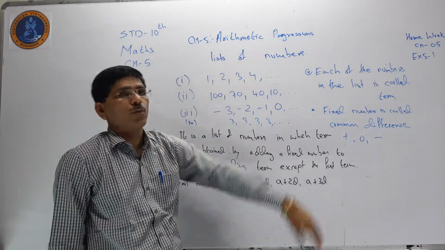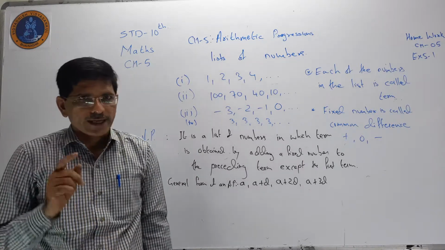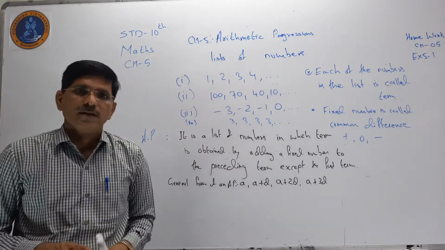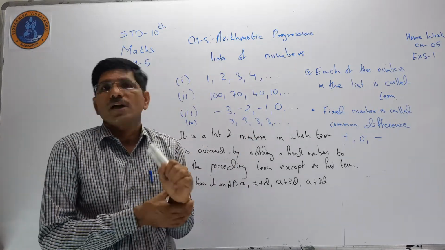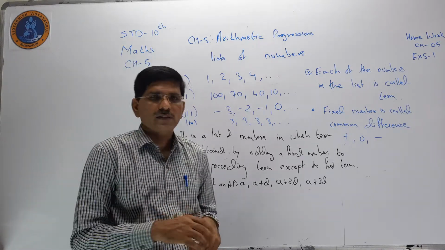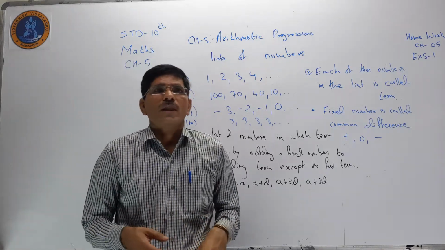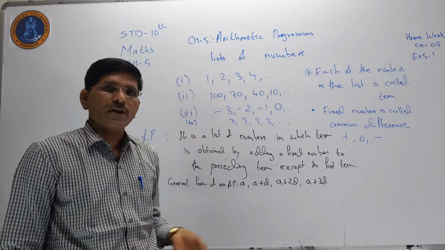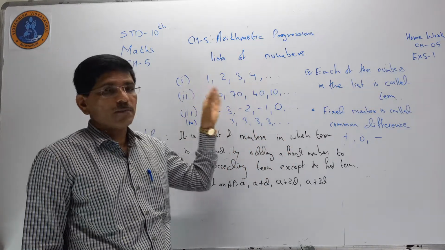And related to progression, it means continue. So when arithmetic numbers are in continuous form, we can say it is an arithmetic progression. Again I repeat, the meaning of the English word progression is continuous. Arithmetic means we are using 0 to 9. That is why arithmetic progression. In online tests or government exams, arithmetic progressions are always there. So it is a continuous form and numbers we are using.